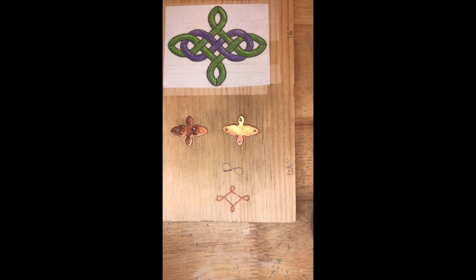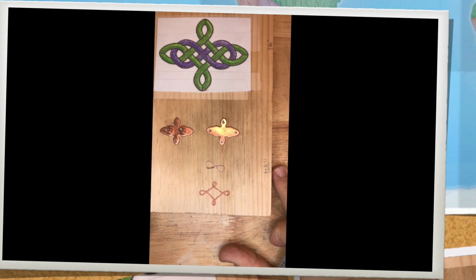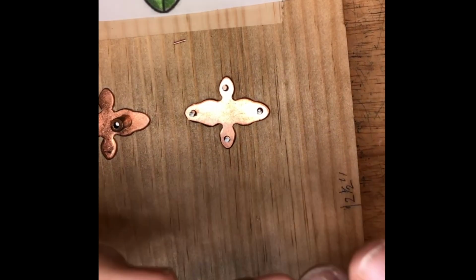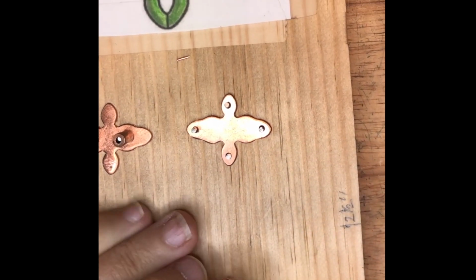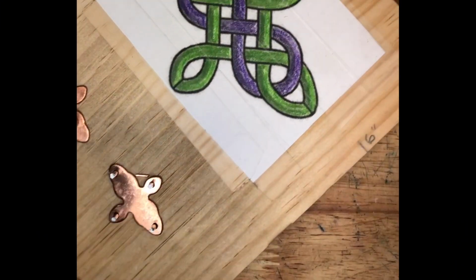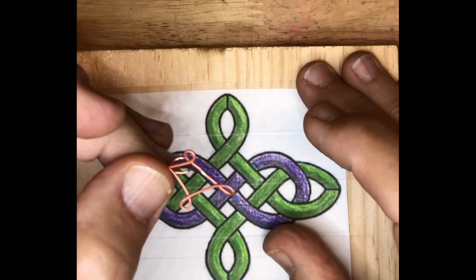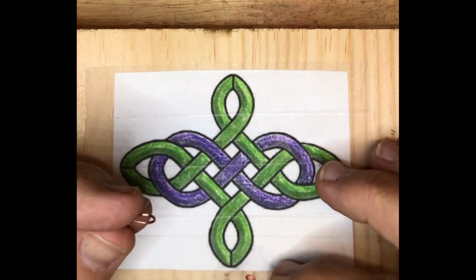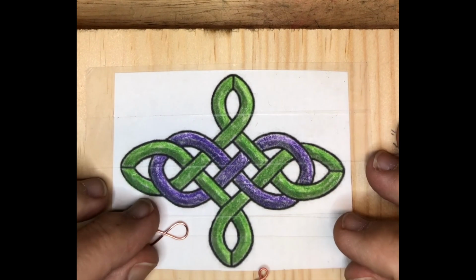Now comes the tricky part. I'm not even sure I can do this on camera. Yes, I can. Of course I can. Okay. Following the guide,